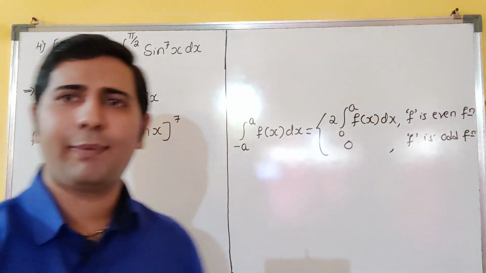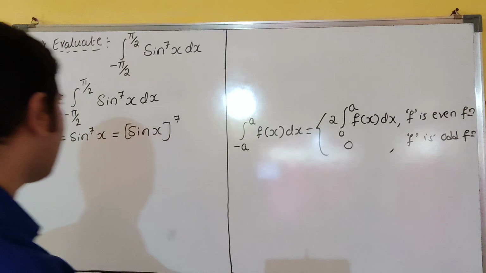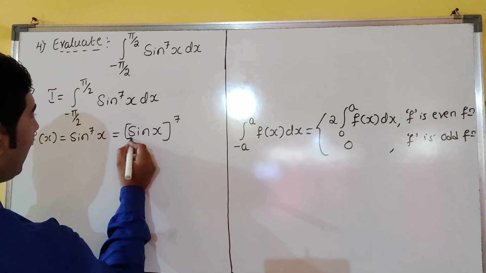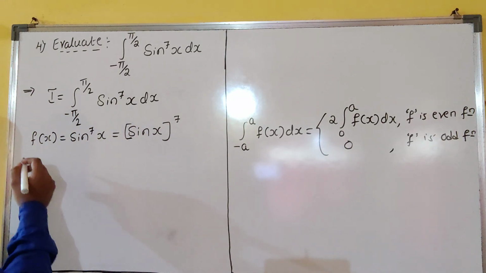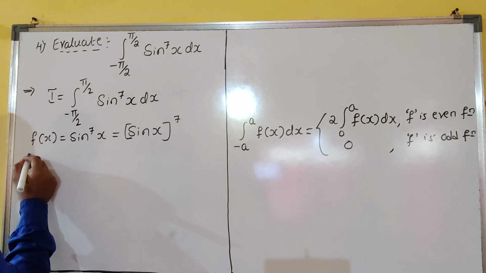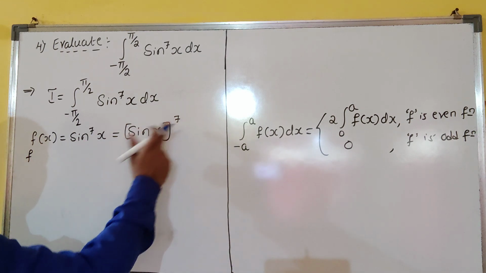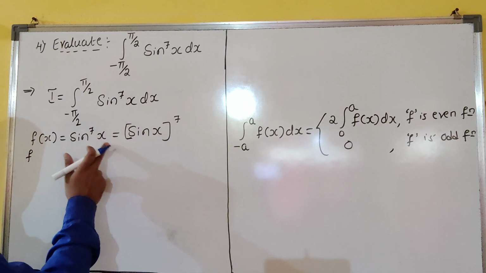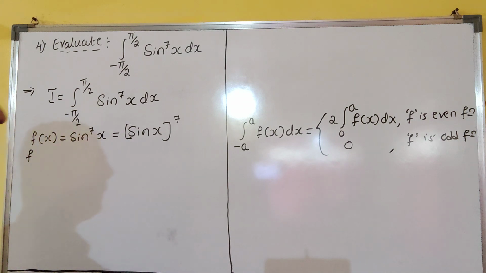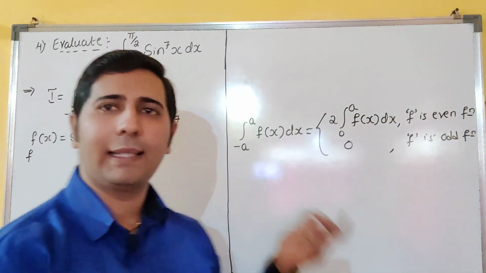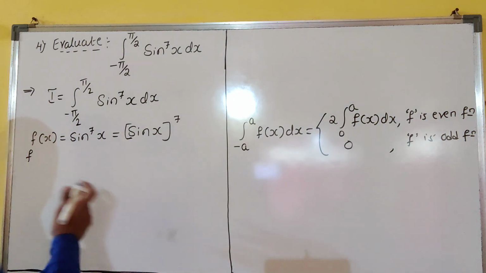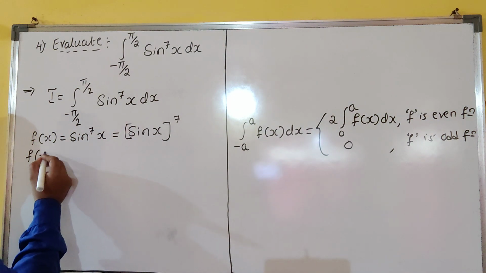I can write this similar to the earlier sum, that's why I am not explaining more here. I hope you can understand. If you are not understanding, please comment and I will answer again. Don't worry. So now 7 is taken outside. Sin x raised to 7 is sin raised to 7x. Now we have to check whether it is an even or odd function. By seeing the question only you can understand whether it is even or odd. Most probably you know this answer.